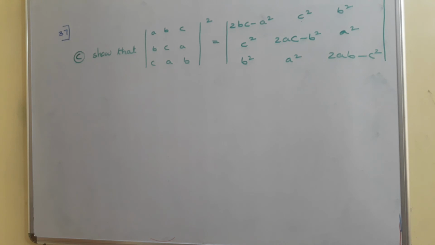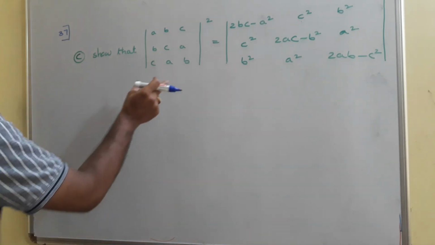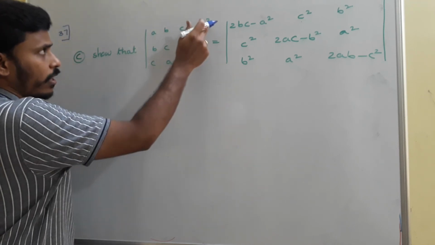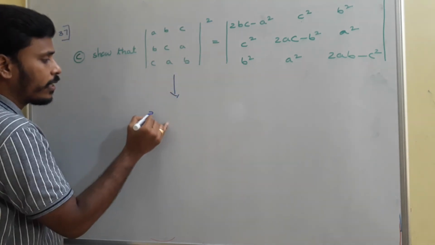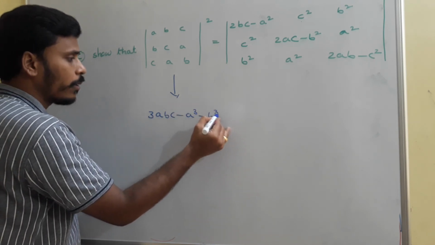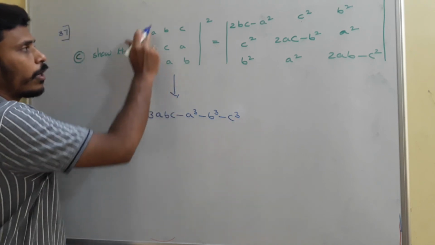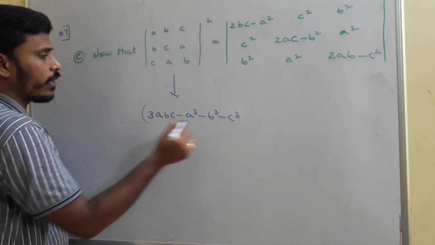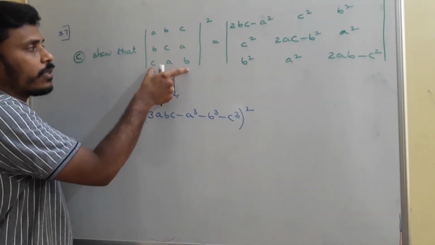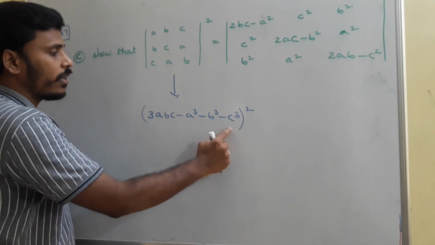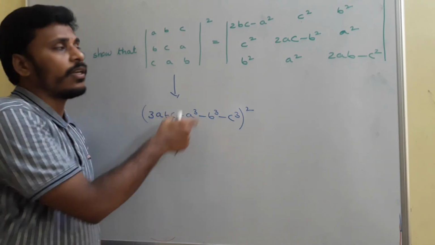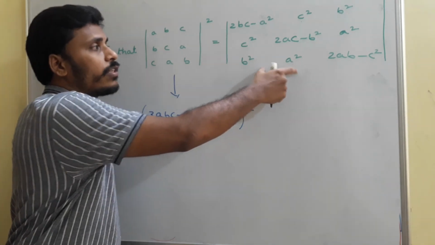So at the end, the square of this determinant is equal to that determinant, and we know the determinant of this base. Leave that square, and what is its determinant? Its determinant is simply 3abc minus a cube minus b cube minus c cube, and the square is there, so whole square. So at the end, the determinant of A B C, B C A, C A B, square is this (3ABC minus A cube minus B cube minus C cube) square, and this is equal to the simplified value of the determinant of this right side matrix.